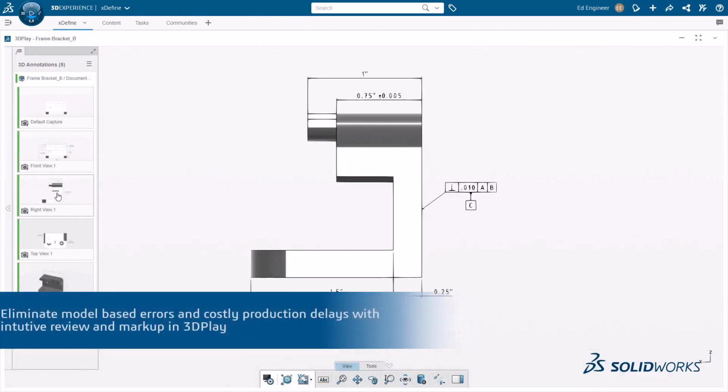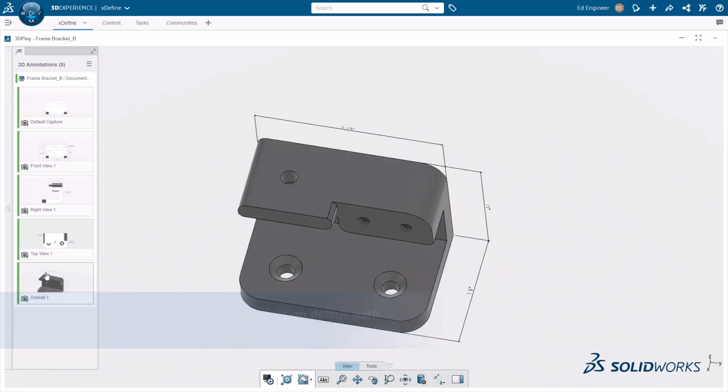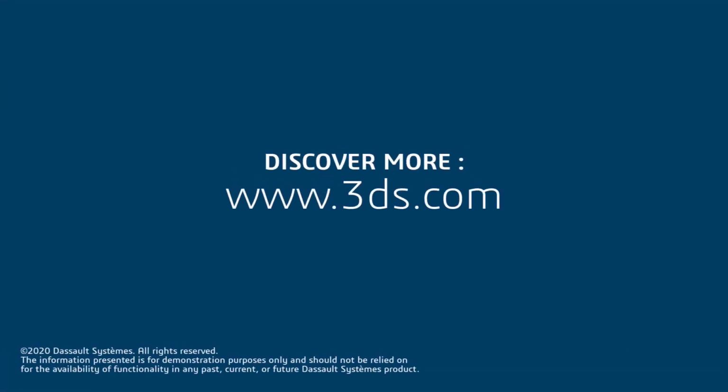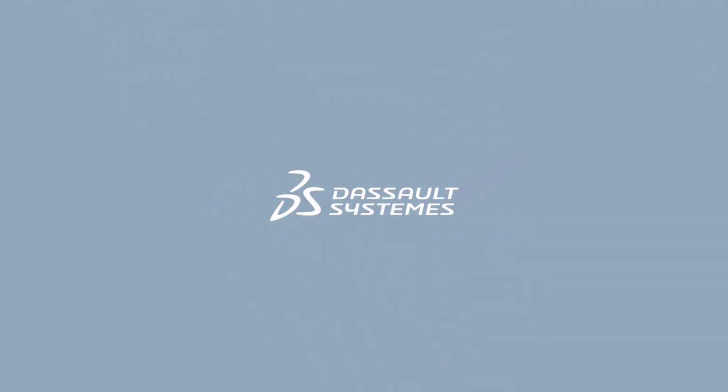The combination of 2D and 3D definition capabilities deliver next generation flexibility, empowering you to choose the best output for the job and meet